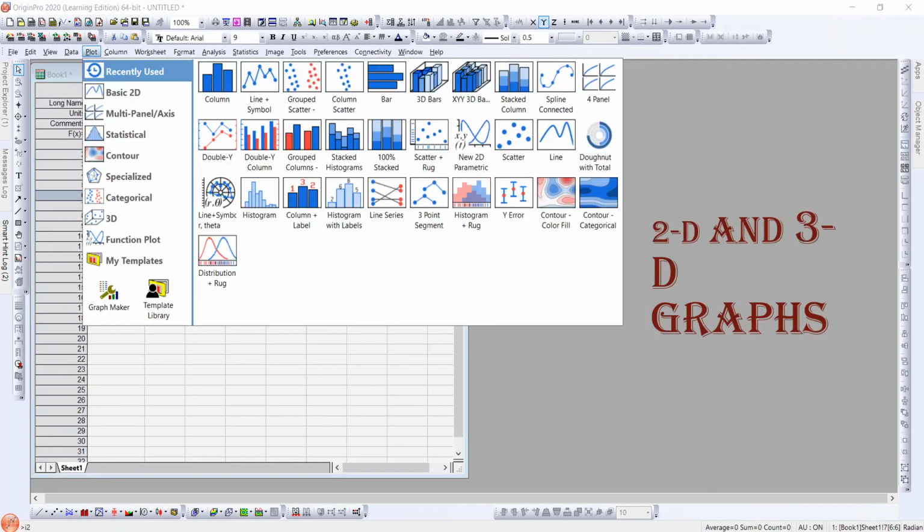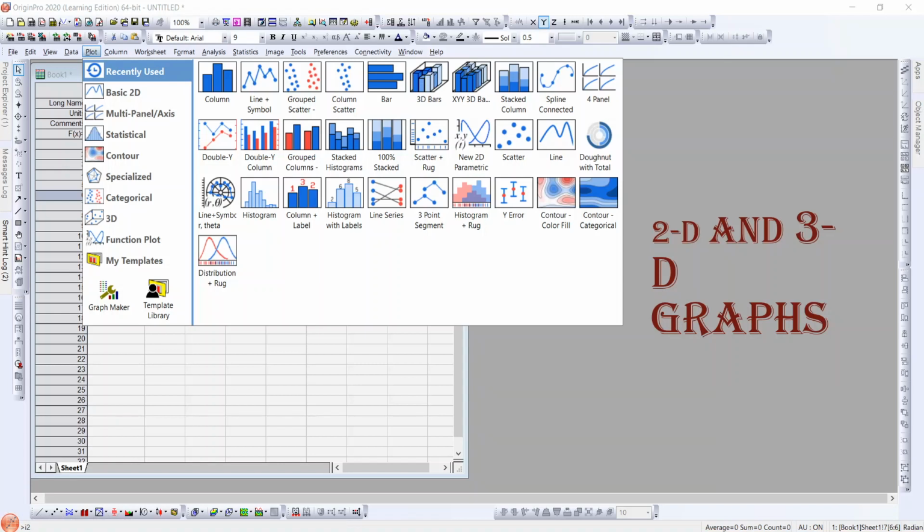So coming to the 2D and 3D graphs, you can see a wide range of graphs here. The first one is a very simple column graph, and the second one is the line with symbol, and the third one is the grouped column, grouped scatter graph, and the fourth one is the simple column scatter graph, and the next one is the horizontal bar graph, and the next one is the 3D graphs.